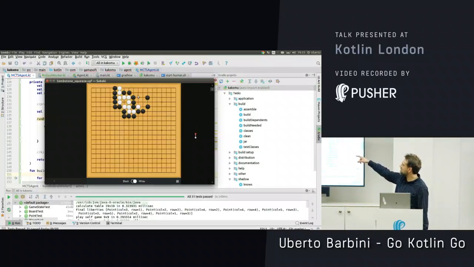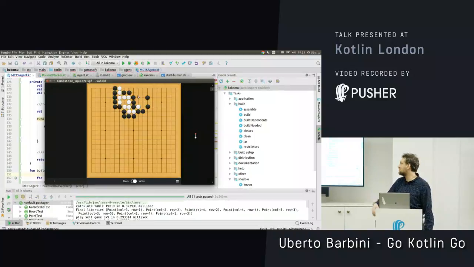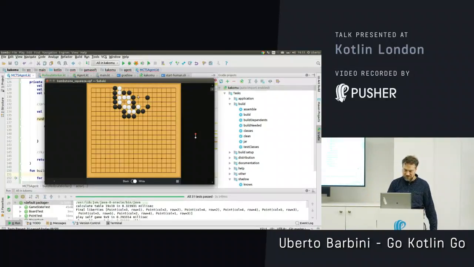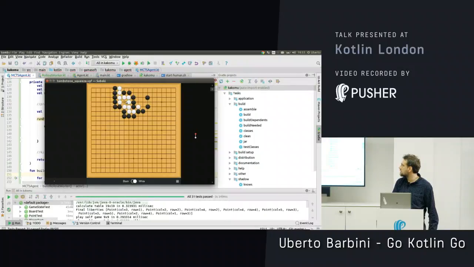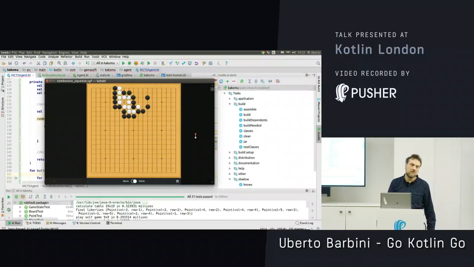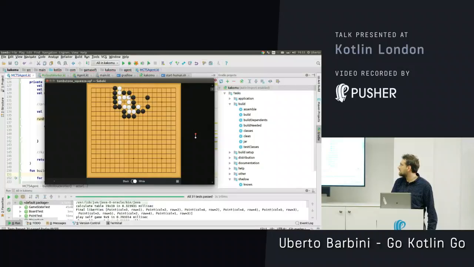Just another bit. This is called a tesuji, a kind of strange combination. Here the black stones seem completely alive, because you think, okay, these are the white, and white has only 1 eye. The black are here, and they are not far from here. So white is in a bad situation. But actually, these stones can be.